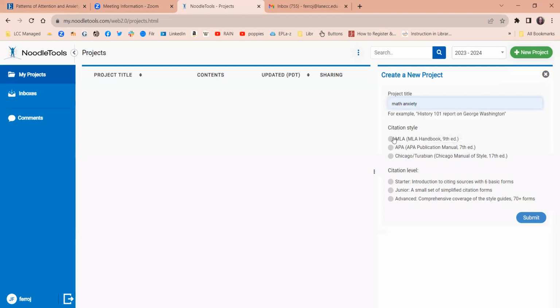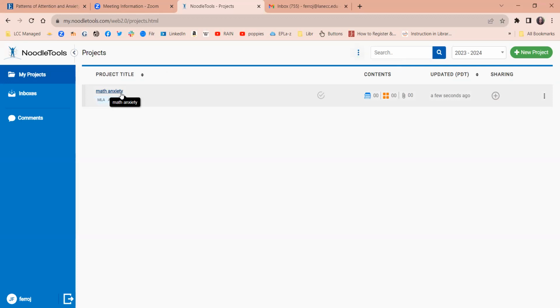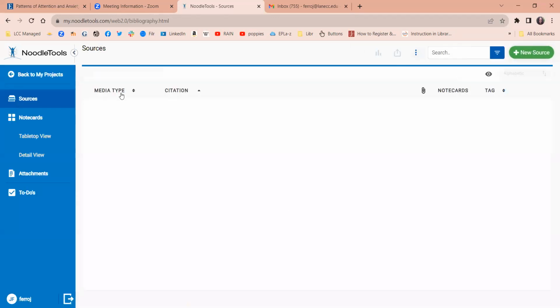I'll choose MLA format. I'm going to cite these sources in MLA style. Then I'll click on Advanced Level Citation. We are in college after all. I'll go ahead and submit. And now I see that there's a project named Math Anxiety in the middle of the page. I click on it, and then I'm ready to add my sources of information for my bibliography at the end